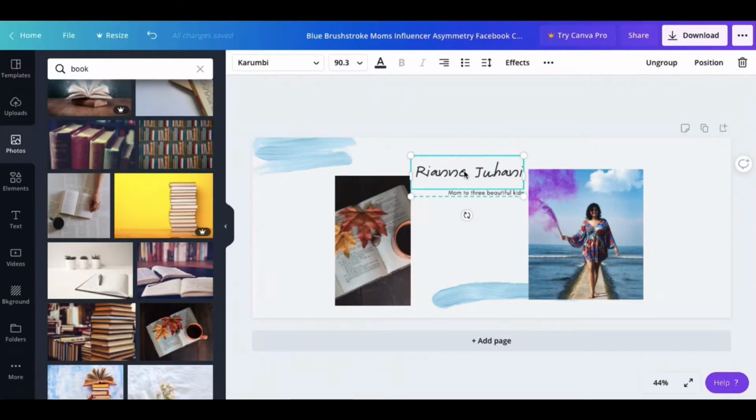I want to say whatever the freebie is, free book, or whatever your freebie is. And then you want to say click here. Then what you want to do is take that link of wherever, whether it's another social media platform or your YouTube channel or wherever you want to drive this traffic to. Most likely it's going to be your opt-in page so that you can create that sales funnel. So I'm going to just pretend that it's,